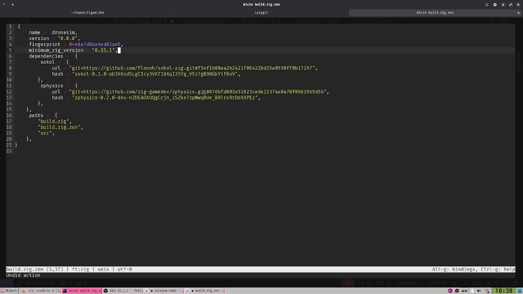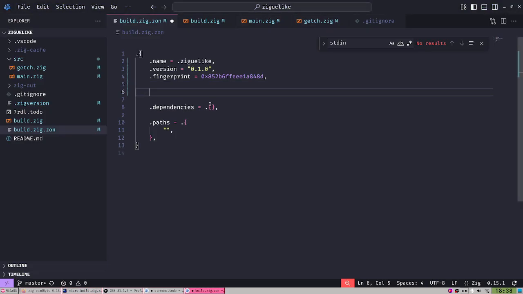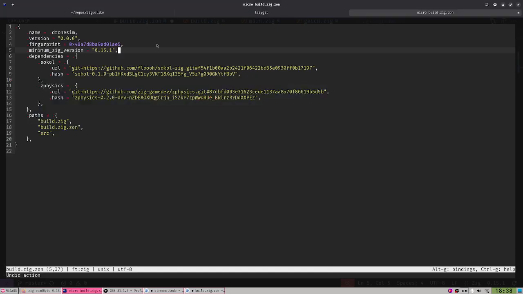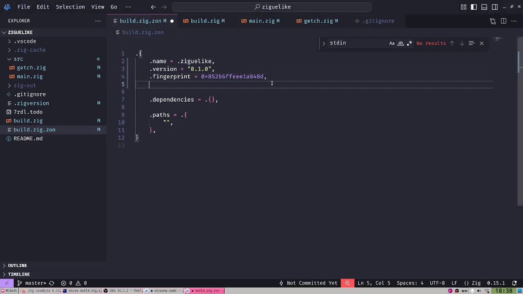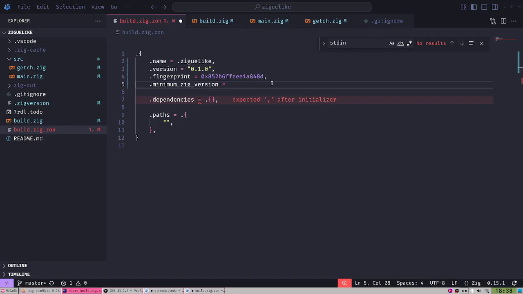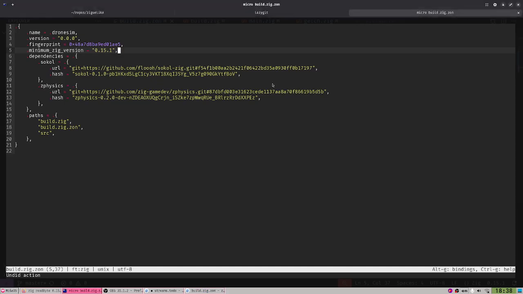So it does work within micro, but it doesn't transmit to the other place, I think. Great. All right. Okay, well, let's just write it down. Dot minimum zig version, and we're gonna say 0.15.1.